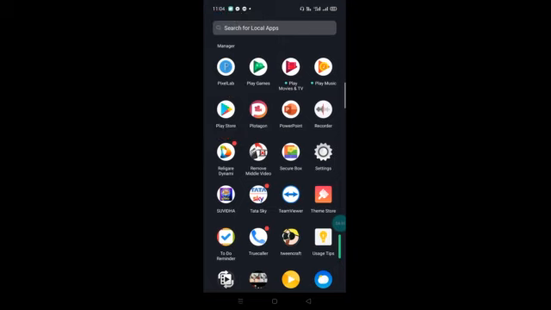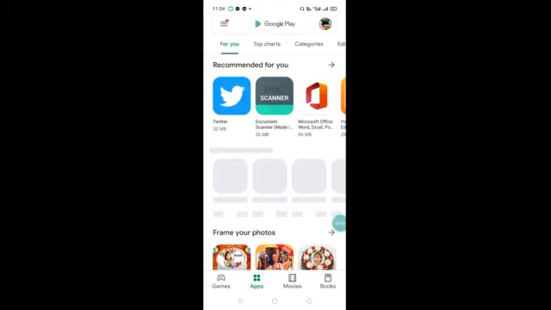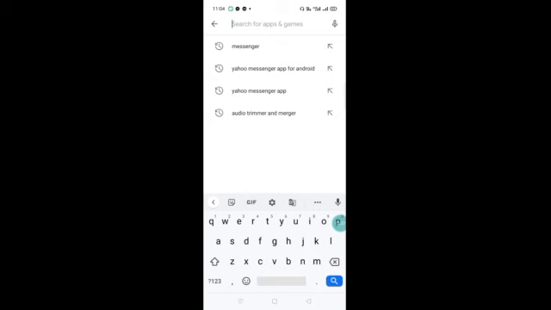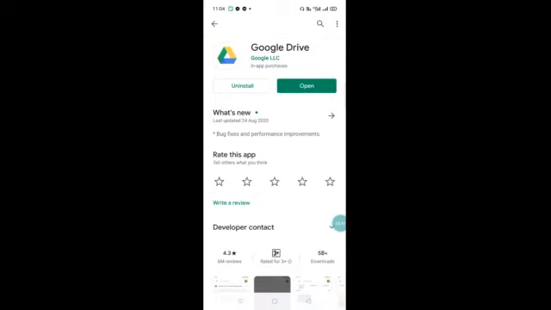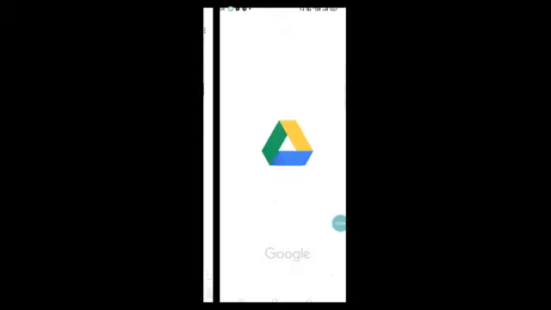I will click on Play Store and type Google Drive, and then click on Google Drive. As it is showing an Open button, it shows that my Google Drive is already installed. But if it is not installed, then instead you will get an Install button. So let your Google Drive install, and after it is installed, you will click on the Open button.